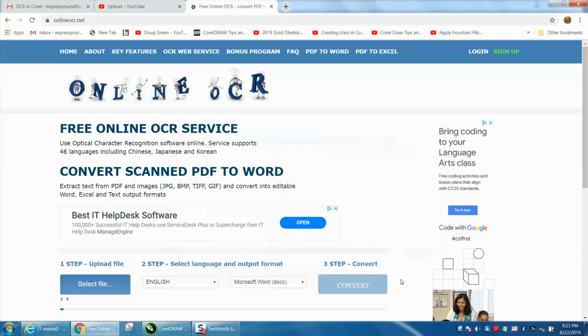I opened it up, I picked English, and I picked plain text. If you were doing Excel or Microsoft, you might want to pick those, but if you're just bringing it into Corel,